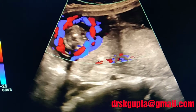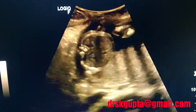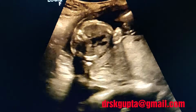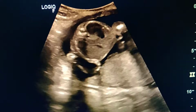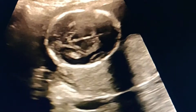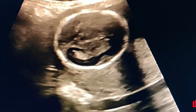The level 2 scan should be done in 22 weeks, 20 weeks to 22 weeks. Now you see that this is the stomach, the abdomen of the baby in cross section, and the heart can be seen. This is the lateral ventricle, and now you see the BPD at the level of thalamus. In previous scan, you see the CMD being measured. This is the BPD,